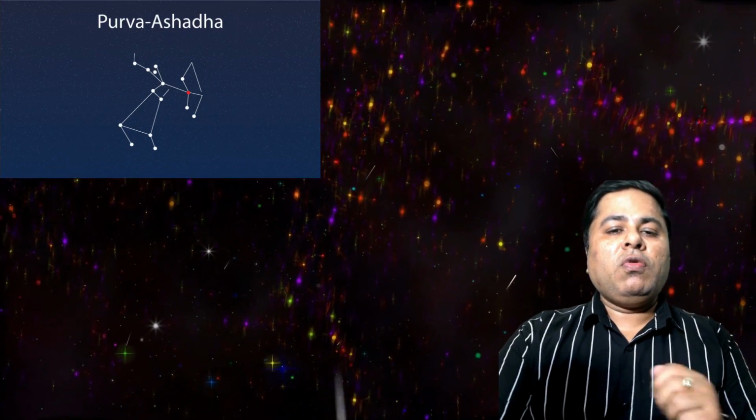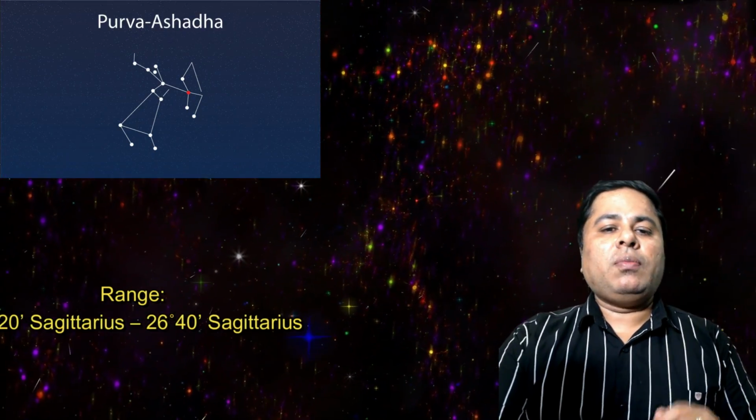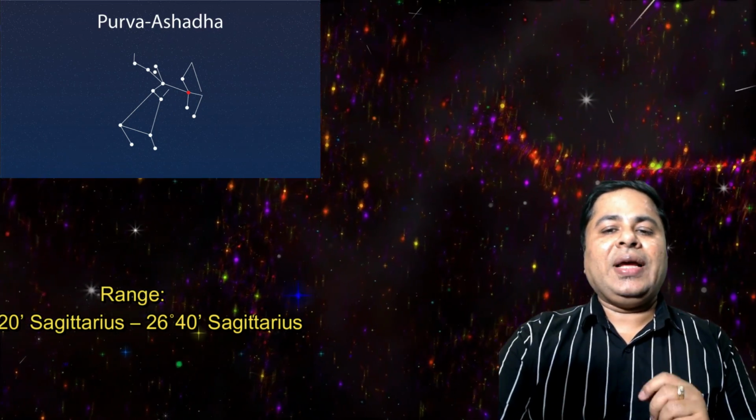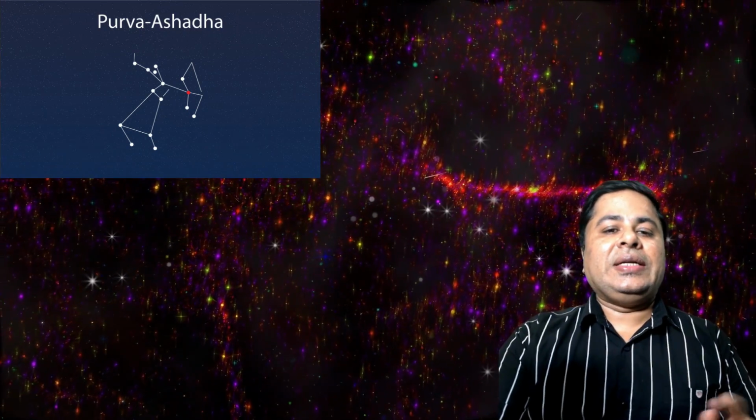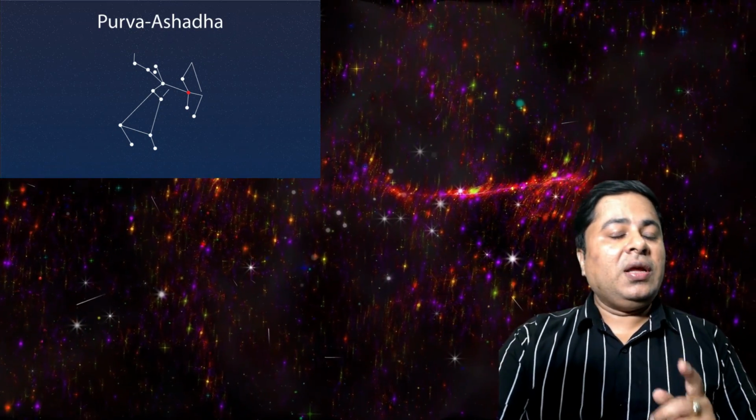Now comes the 20th nakshatra, Purvashara. It ranges from 13 degree 20 ansha of Sagittarius to 26 degree 40 ansha of Sagittarius. Its ruling planet is Venus. Its deity is Apus, the cosmic ocean. Its guna is Rajas. Its symbol is an elephant tusk or a fan. Its characteristics: